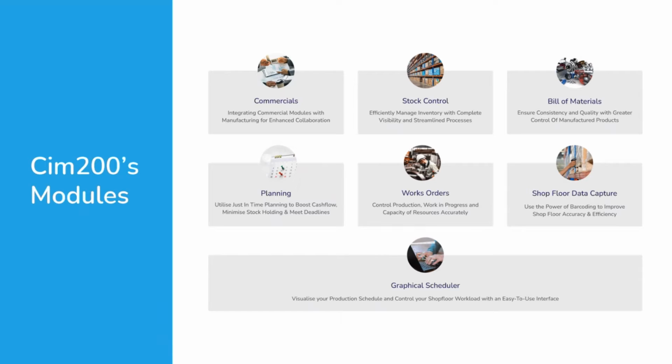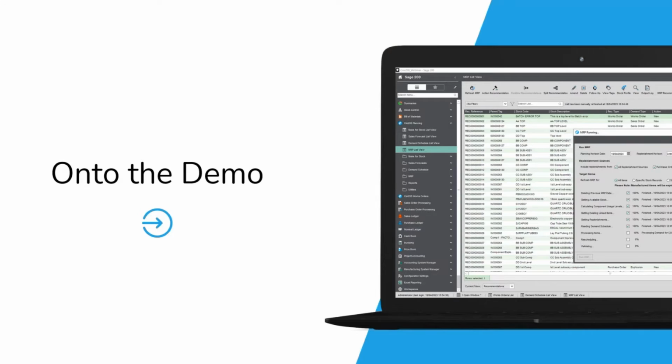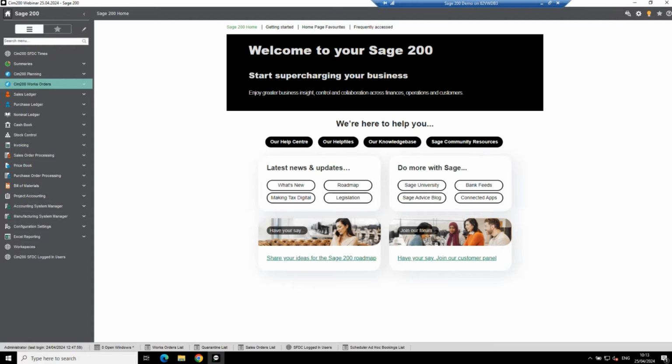It's completely us. And a graphical scheduler where you can have a graphical Gantt chart type of scheduling for your production. But without me blabbing more on PowerPoint slides, I can jump on to the Sage 200, and you can see